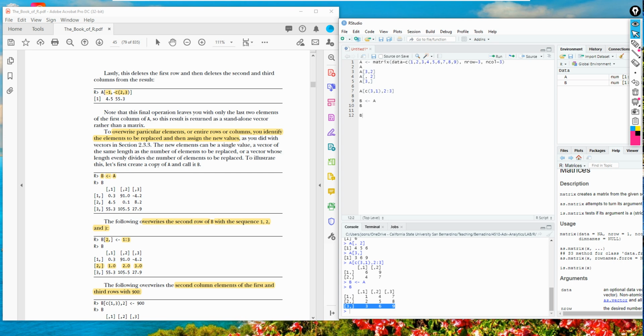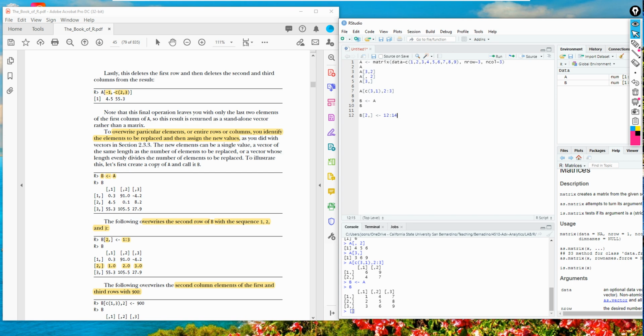So what I'm going to do is change my second row with a vector sequence, 12 through 14. That's what I'd like to change.